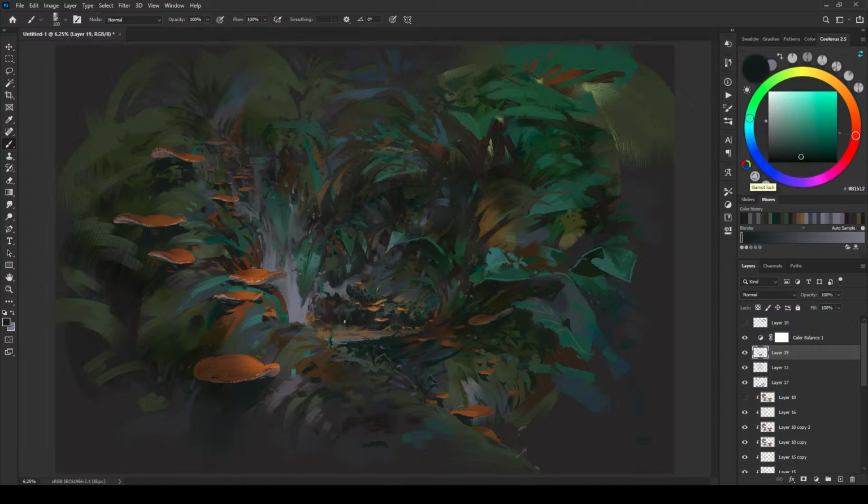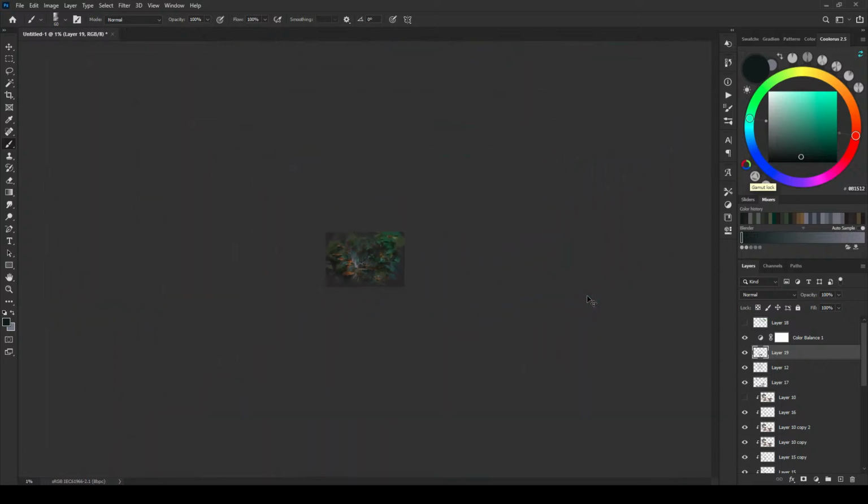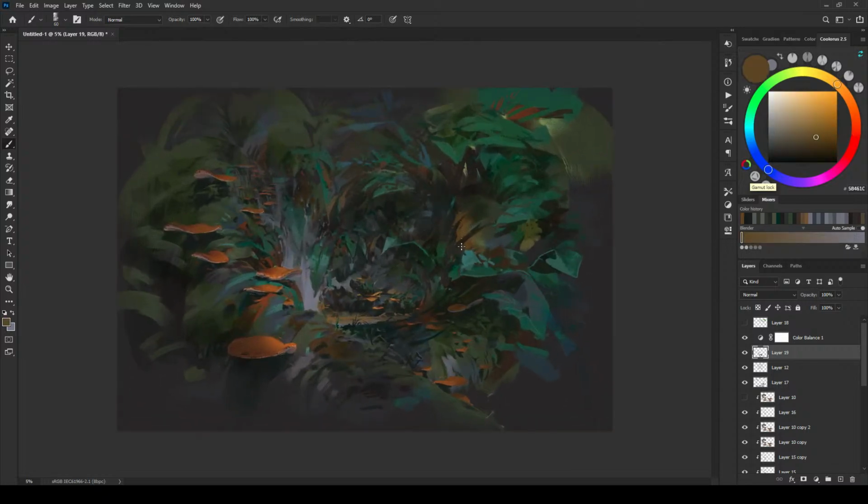Let's see. What do we want? Let's do a new layer here. I'm just going to feather something in here. All of this is a balancing act, right? The more you mess with something, the more you have to correct elsewhere. But we're going to...